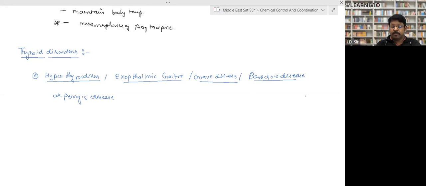It is characterized by protrusion of eyeball, meaning the person will look like they are gazing at you, right? It is characterized by protrusion of eyeball because